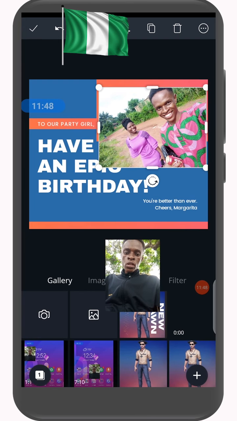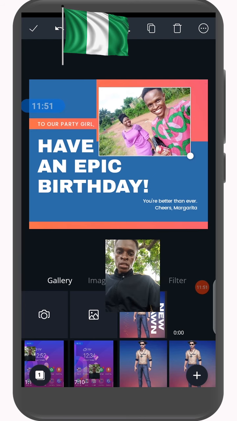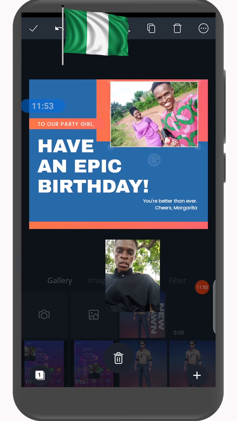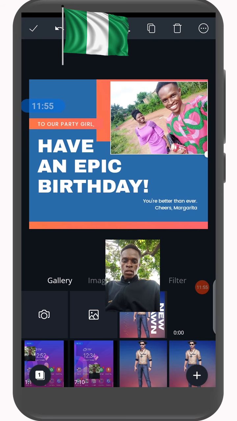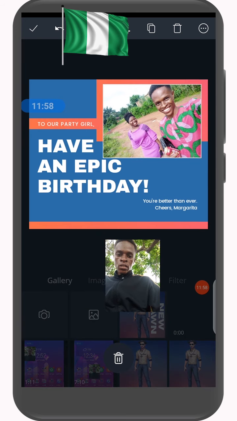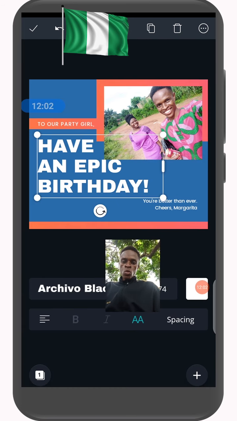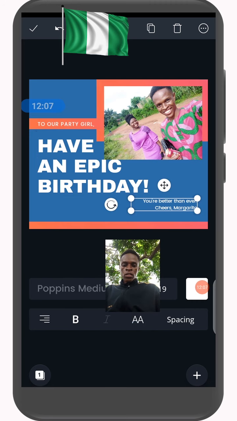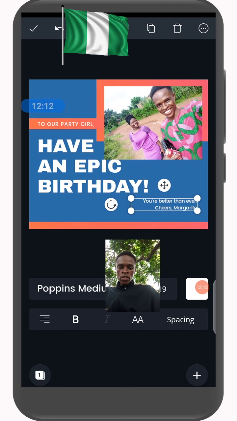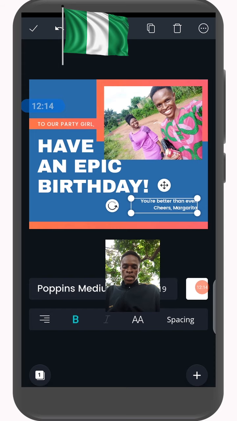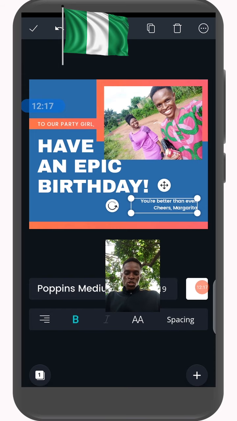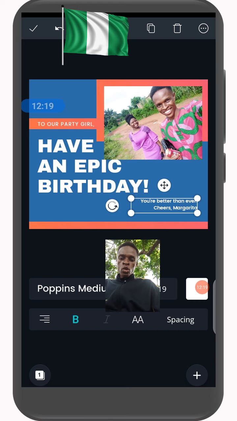So you can actually resize your pictures by holding this. You can actually resize it. So let me leave it like this. So the text, like I told you, you can always resize your text, you can always edit it. Same with this. You can do a lot of things. You can bolden this by clicking this B. It gets bolder. You can change the spacing, and when you want to add one or two things to the design, you make use